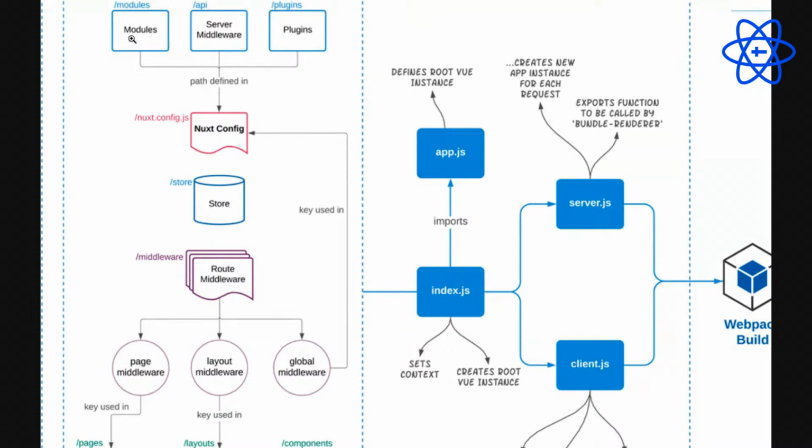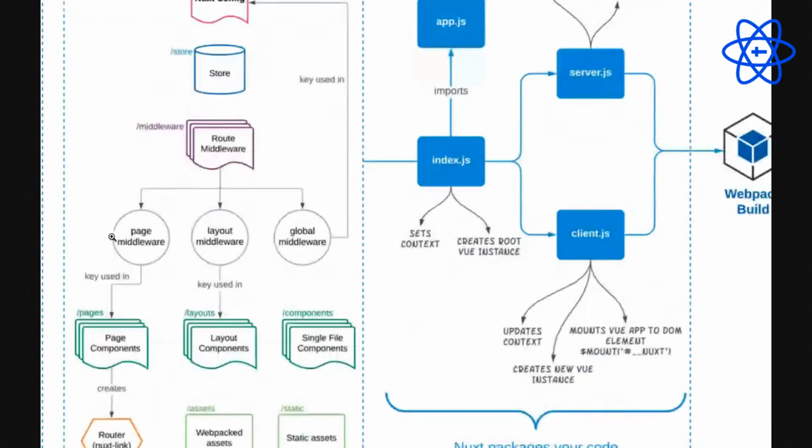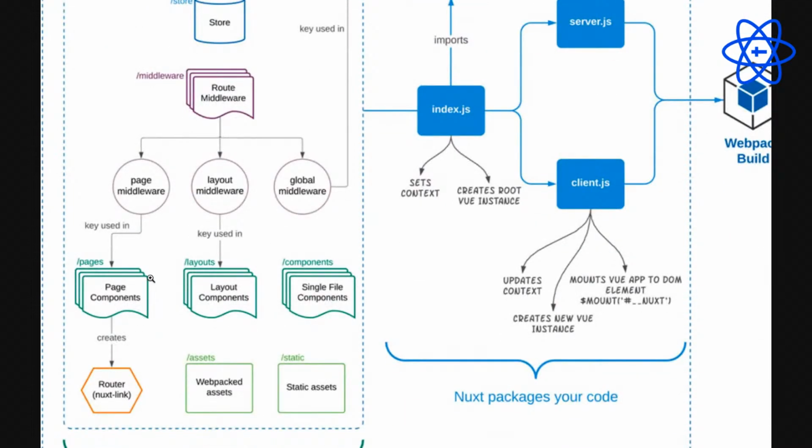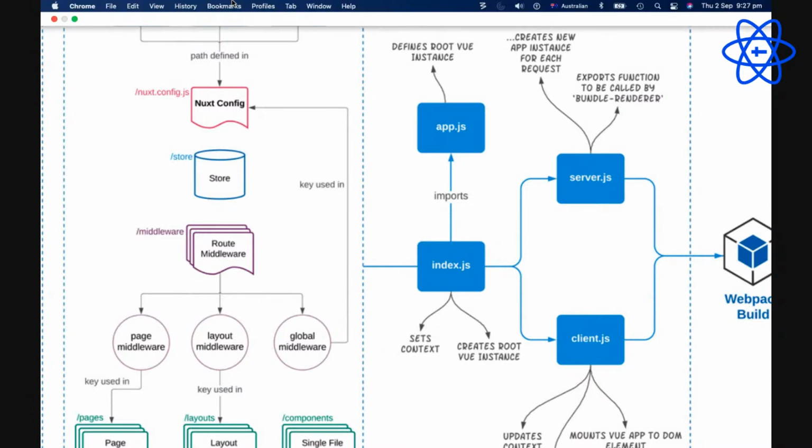So for Vue, we have Vuex, which is our state management. And as soon as you create this store folder with your index.js, and believe me, it could be empty, the Vuex store will be activated in your Nuxt project. The same goes for module, server, middleware, plugins, all these options. All these folders are optional, but you can use them to customize your Nuxt further than the default, where the minimum required folder is the page component. But yes, you can add your Vuex store as well. It's as simple as creating a store folder and an index.js file in it.